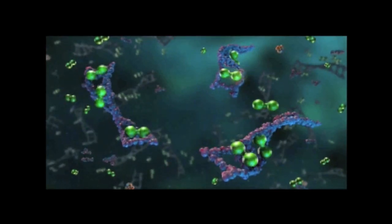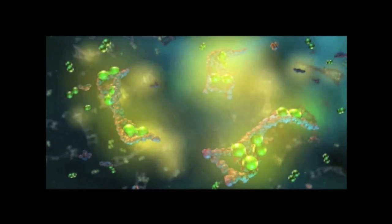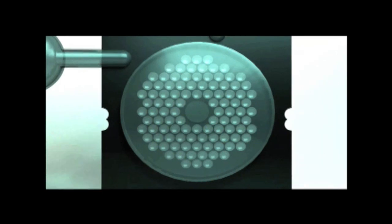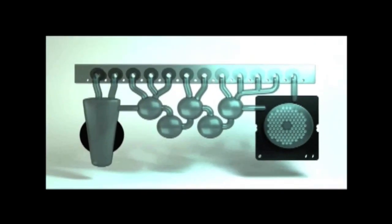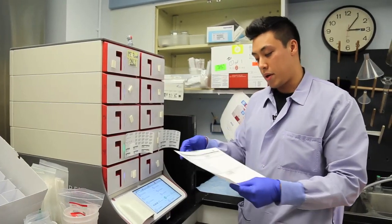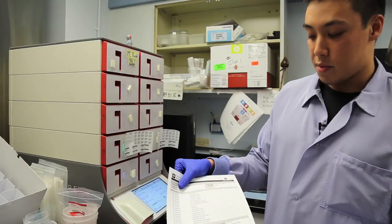A fluorescent double-stranded DNA binding dye is used to monitor each reaction. The second stage primers in each well are designed to detect one specific target. Organisms are identified based on which wells in the array are positive. The FilmArray performs a melt to confirm the presence or absence of specific temperature signatures of the second stage PCR products. From this point, we do get a printout of the specimen, the test, excuse me, and it has